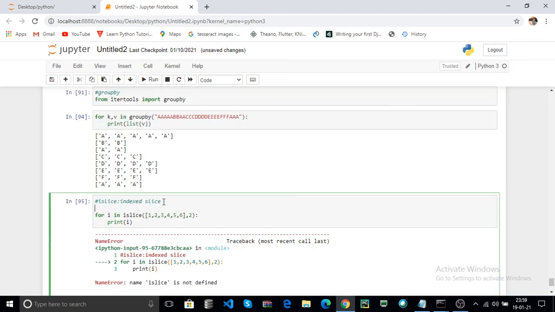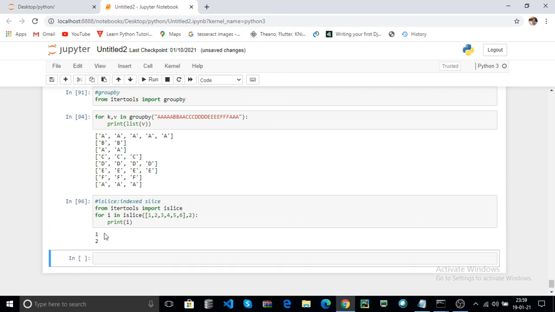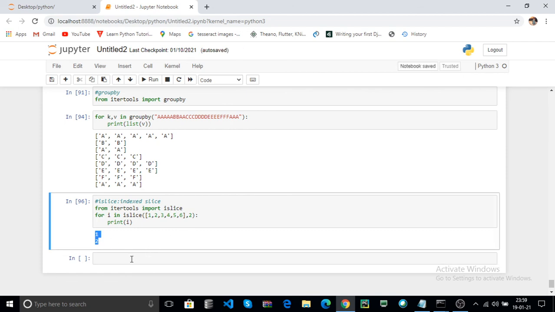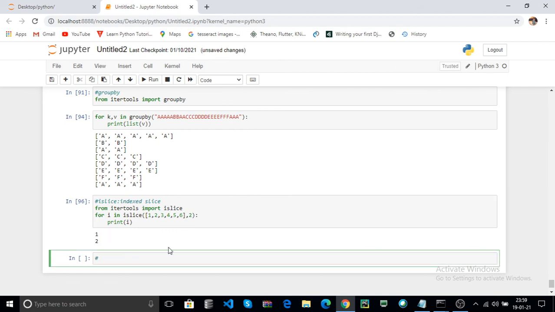First import the function. Now click on run. Here it returns 1 and 2. How? Here it returns the 0 and first indexed values.